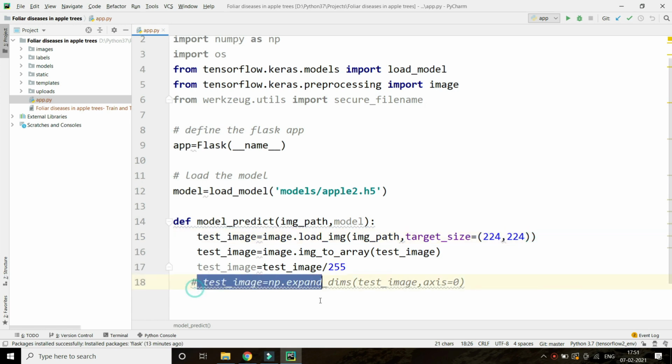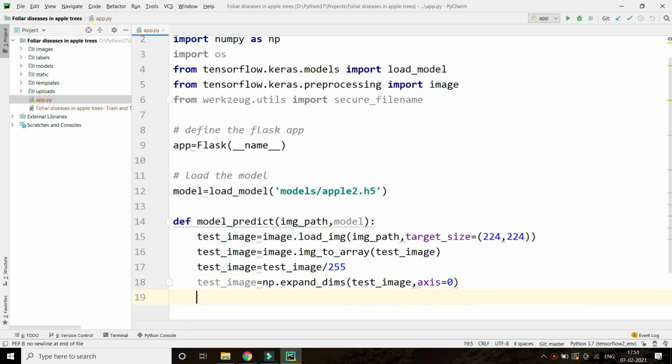When we expand the dimension, it becomes a four-dimensional image, where the first dimension shows the batch. So it is 1 by 224 by 224 by 3, meaning 1 sample in the batch, and 3 is the RGB channels.